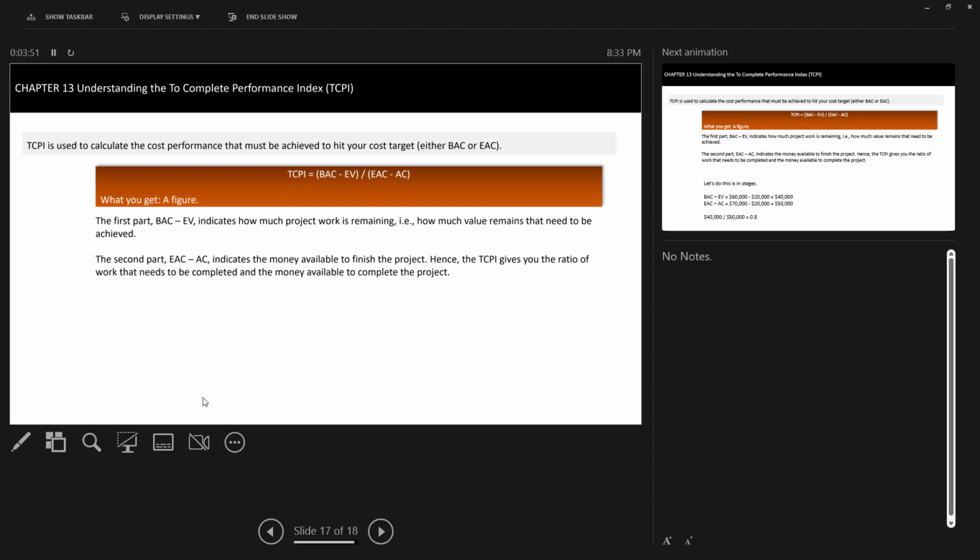The first part of the formula indicates how much project work is remaining and how much value remains that needs to be achieved. The second part, the one at the bottom, indicates the money available to finish the project. So how much is pending and how much money you have. That will give you the to complete performance index. And this is the last formula from my end. The value should be